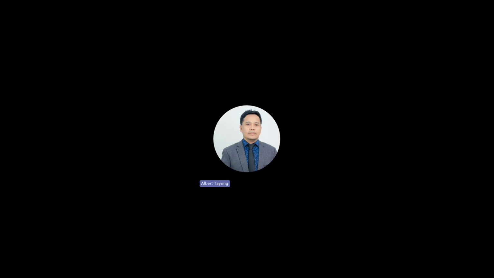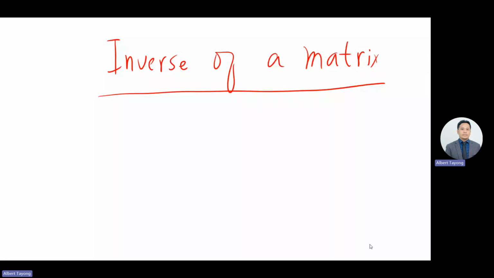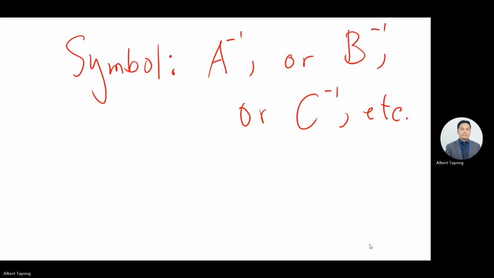Hello everybody. Today we're going to talk about the inverse of a matrix, and we're going to have an example of how to apply this particular operation of a matrix in terms of solving a particular problem. Now, the symbol for an inverse of a matrix could be A raised to the power of -1, or B raised to the power of -1, or C raised to the power of -1, and so on, depending on the